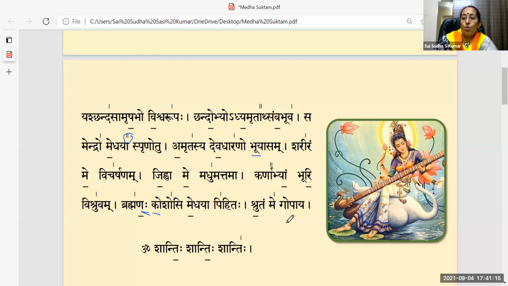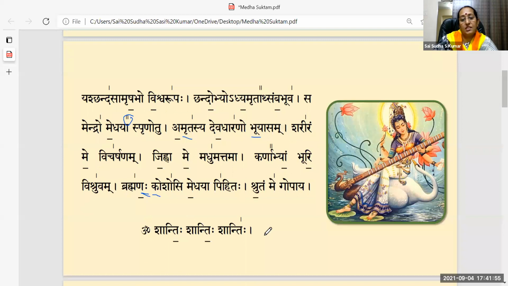Here again, Shru. There is a difference between Shru and Shru. In Ganapati Prarthana we have Ana Shrunvan, that is Shru, and here it is Shrutam. And again, if we see here Amr, Mr should be pronounced properly. It is not Amruta. It is Amrita. Sound has to come. Amritatsya. Similarly, here it is not Shru, it is Shru. Shrutam me Gopaya. Then Om Shanti Shanti Shantihi.